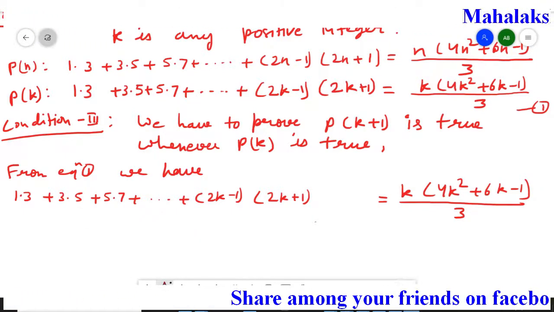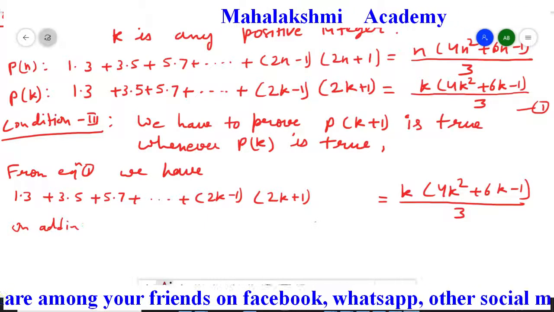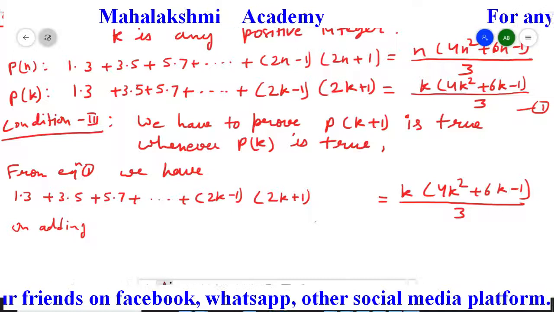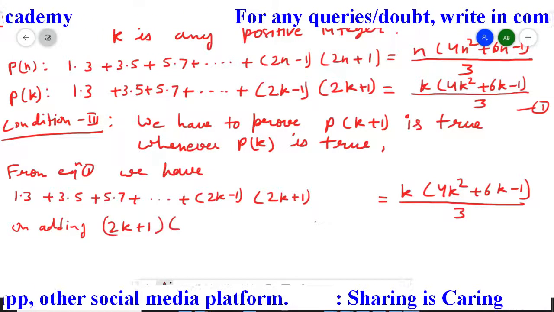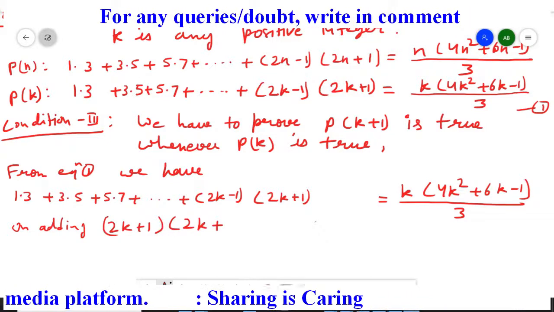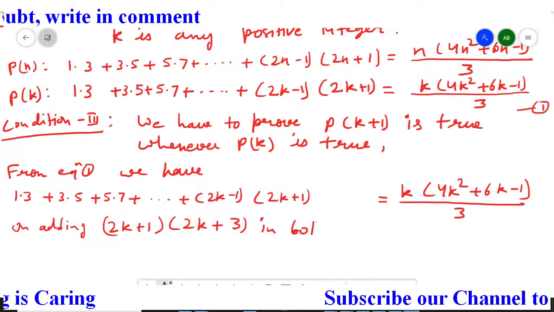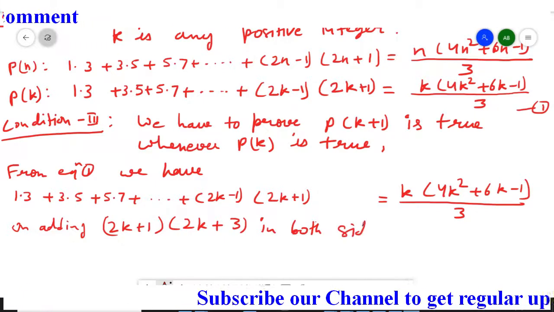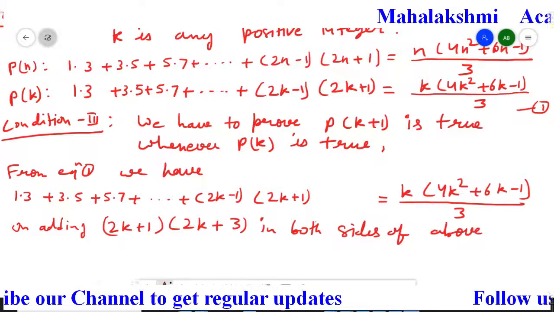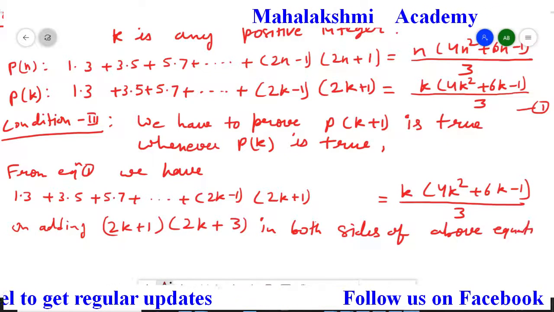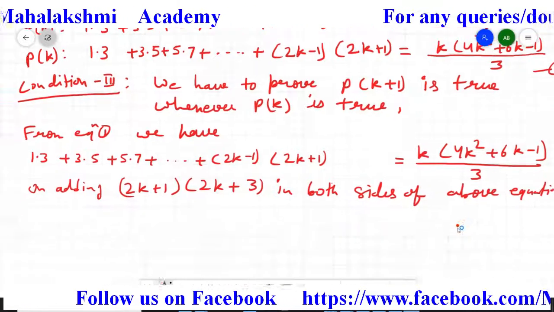So we have to write down now, adding 2k plus 1 and 2k plus 3 on both sides of the above equation. So it is going to be, students,